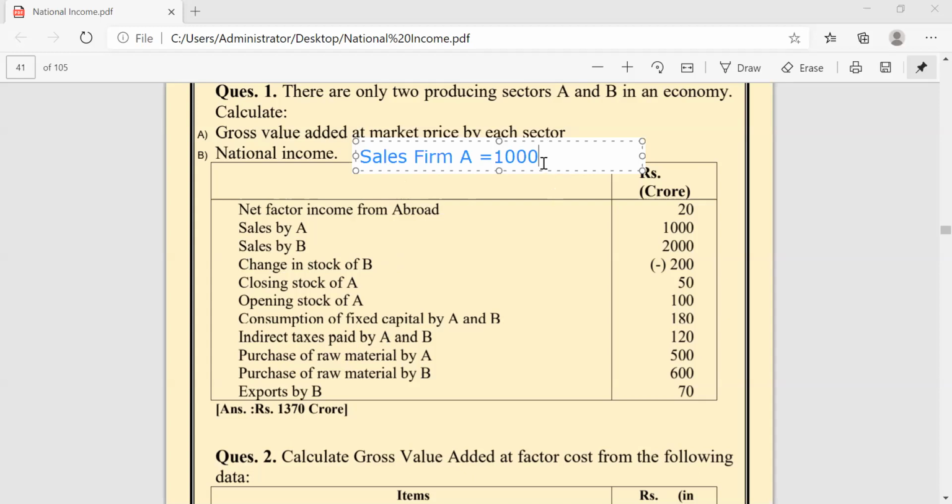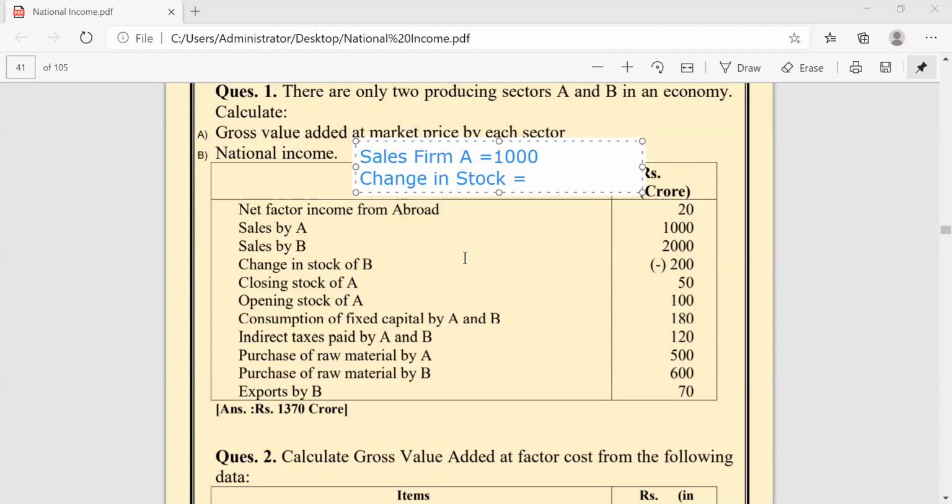And then second, change in stock. What is the formula to calculate change in stock?